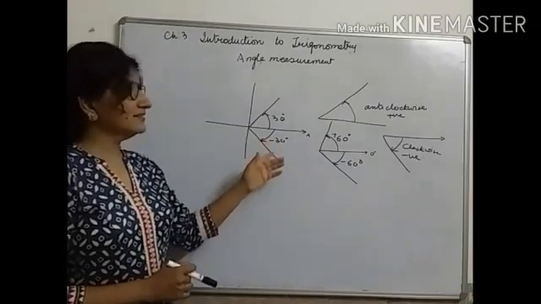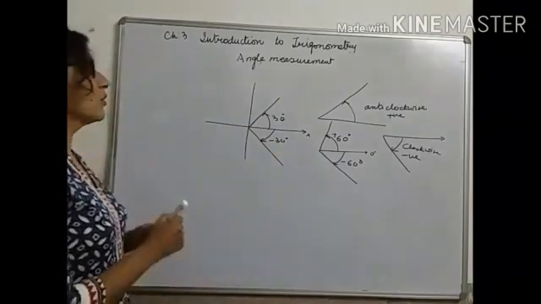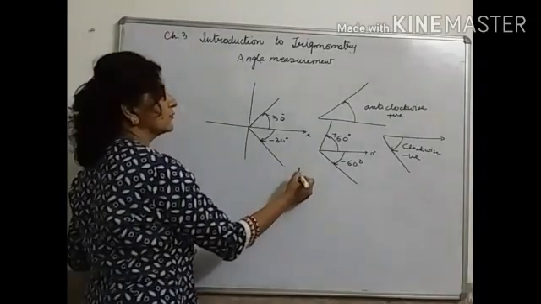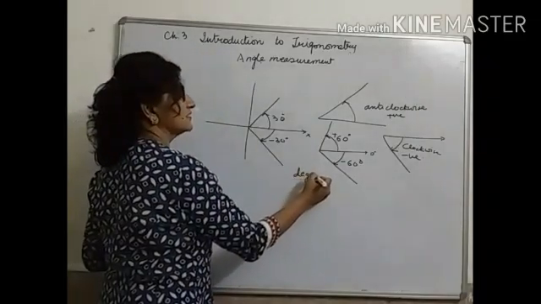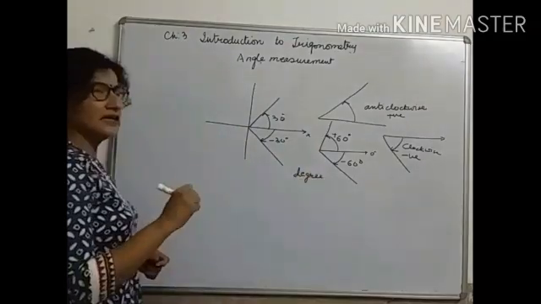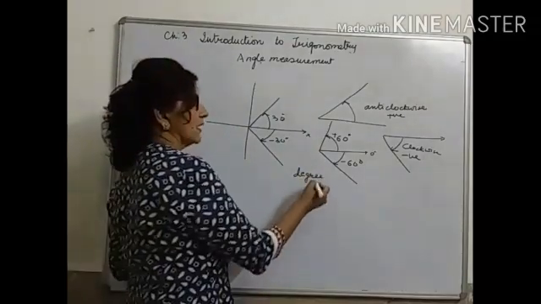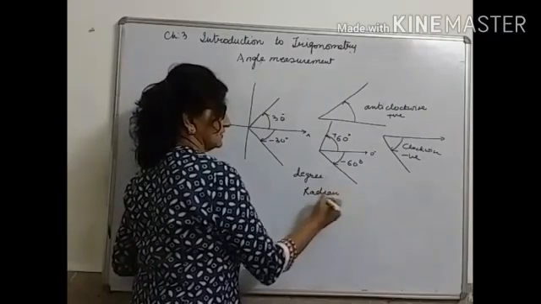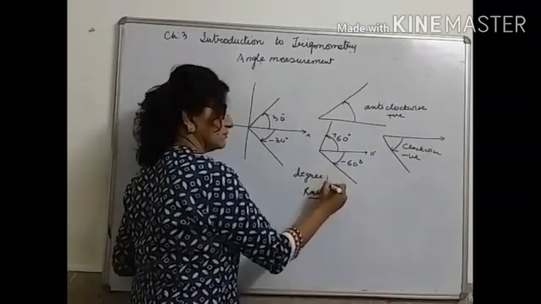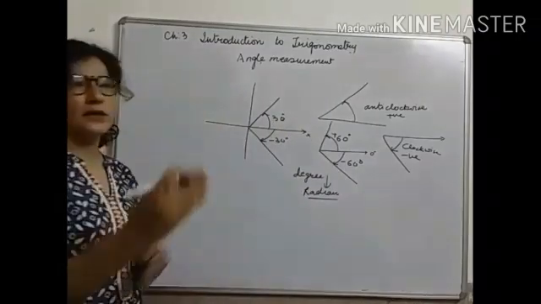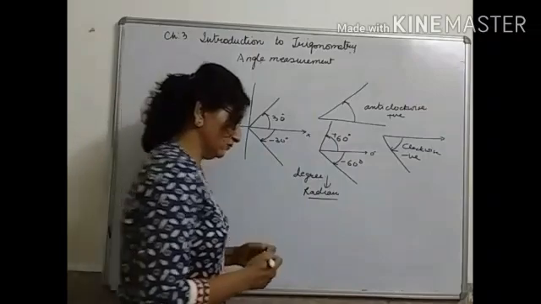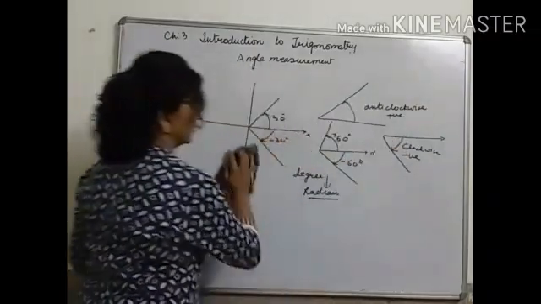And now next is types of measurement. How many ways can we measure the angle? We have done so far only one way, that is degree. Basically we would be using two measurements, one is degree and one is radians. We will study what is radian, what is its relationship with degree, and how we can convert degree to radian and radian to degree, right? This is what we are going to do in this class.